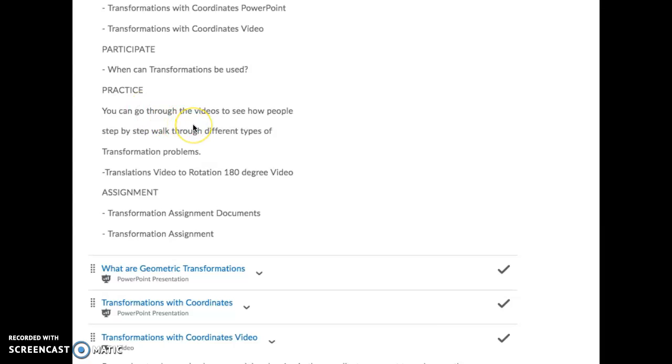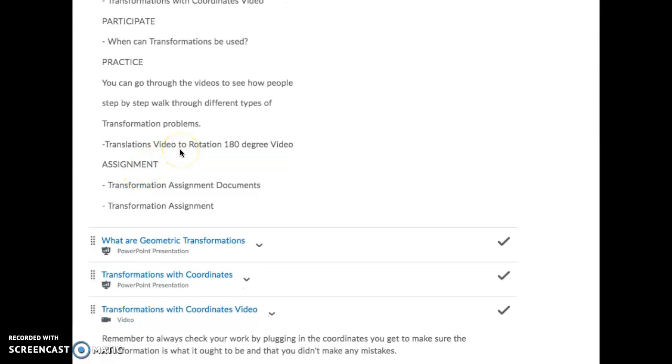And then I have some practice videos that they can go through if they don't fully understand some parts of the lesson, and so they have the opportunity to go through any type of problem they would encounter, which would be the translation video to the rotation 180-degree video. And so I have that written right here. You can go through the videos to see how people step by step walk through different types of transformation problems,